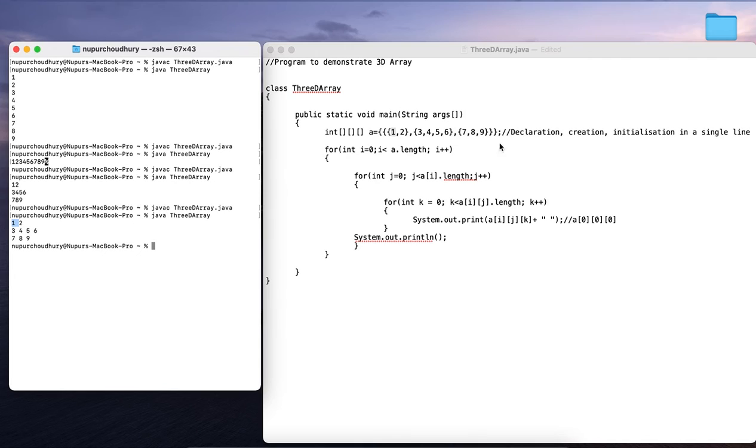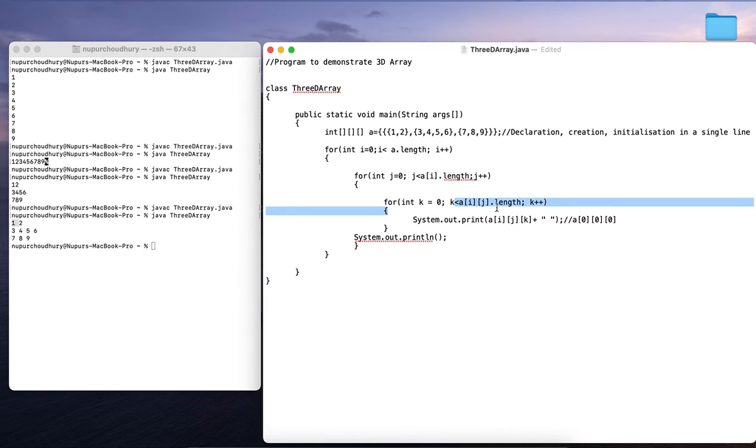Similarly, 2 will also be printed, because on incrementing k we will get 1 here. 1 is again less than 2. So this particular value would be printed as a[0][0][1], which is 2. So basically this way it will go on continuing. Again k will be incremented to value 2. When we are comparing 2 with 2, this condition is not true, so it will come out and print a new line. And it will go back to the previous loop which it was executing.